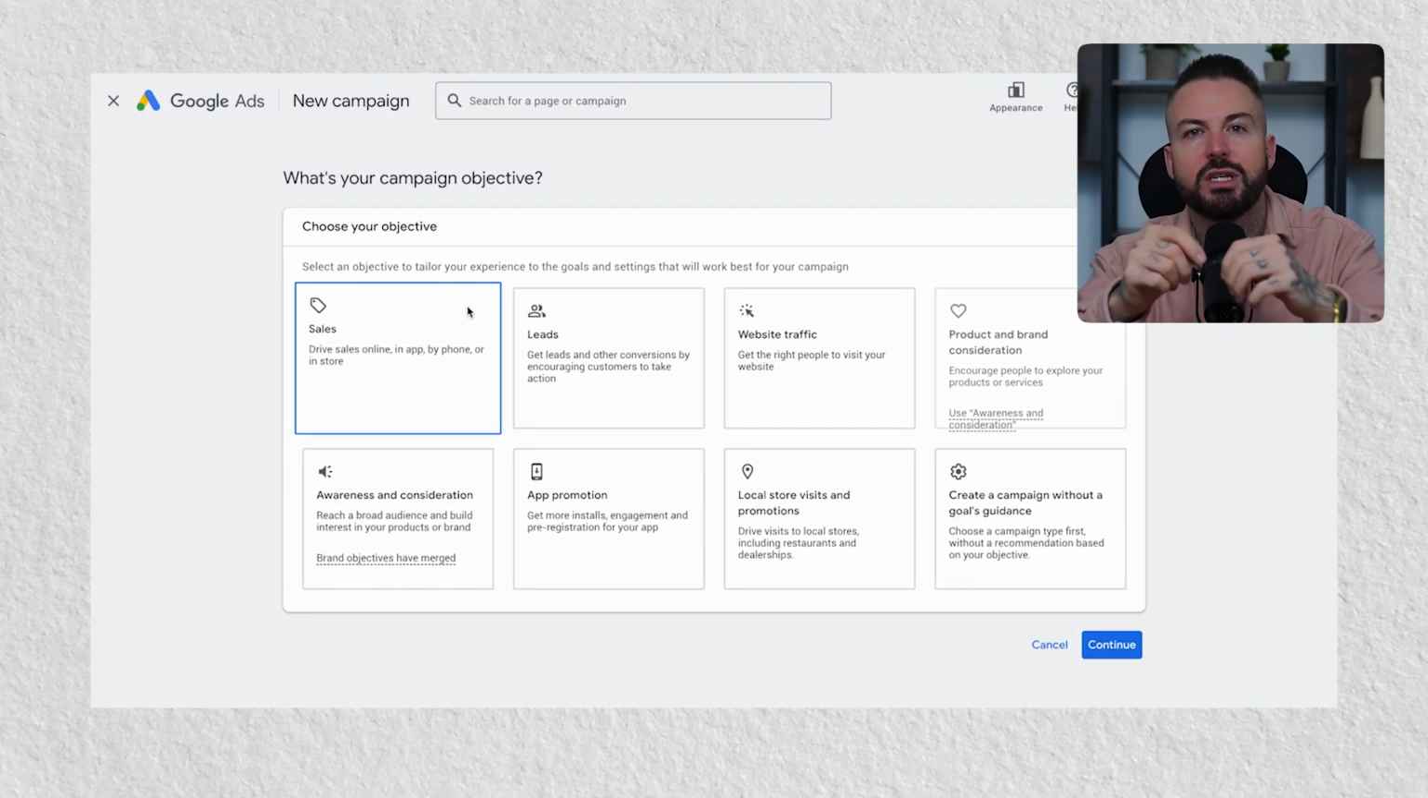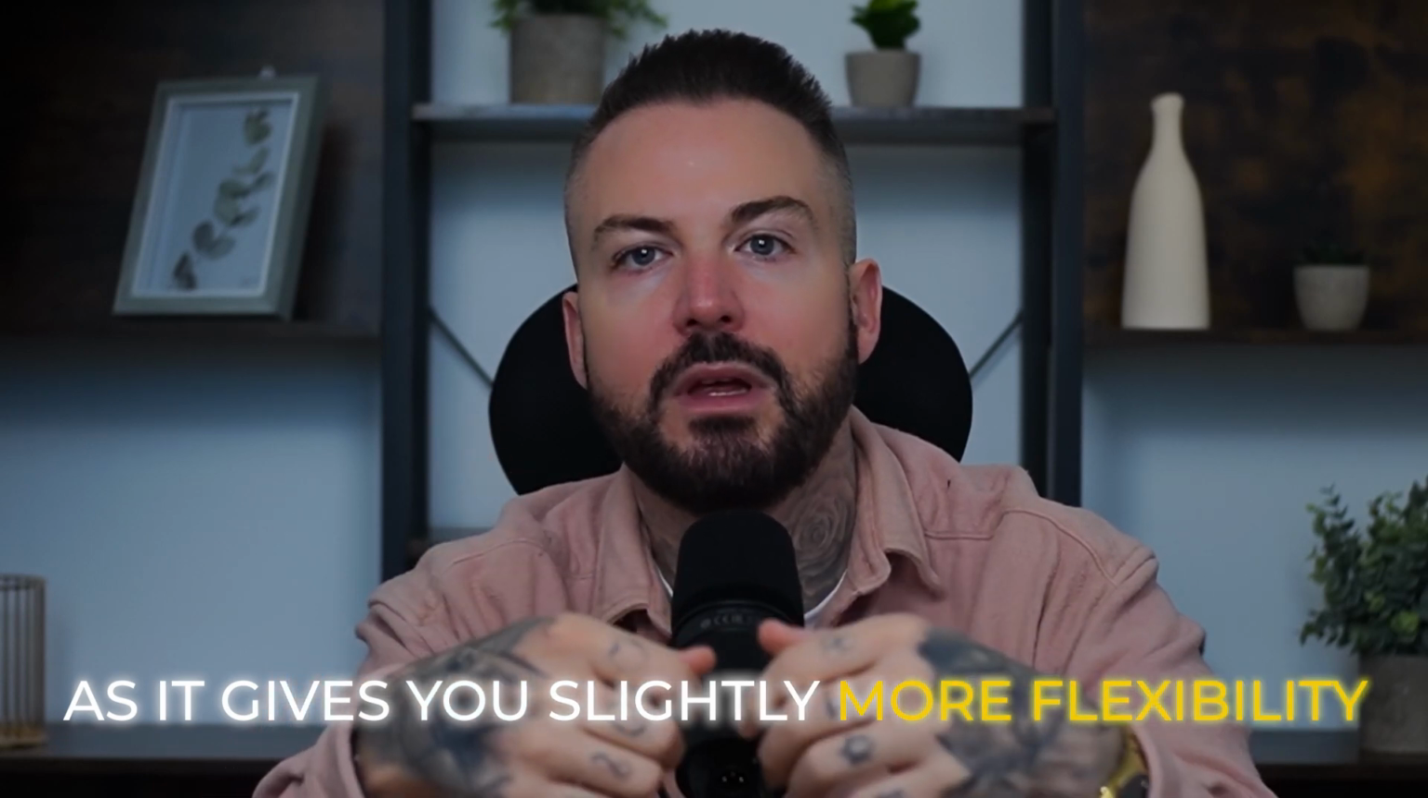Depending on what you're trying to achieve, you'll want to select an objective. Most people will either select sales or leads, as you'll want to generate one of these. However, if you're a brand, for example, you may want to raise awareness, so you could go with something like an awareness campaign. Typically, I would select something like without a goal audience, as it gives me slightly more flexibility. But for the purpose of this video, I'm going to select leads, as this is one of the objectives that